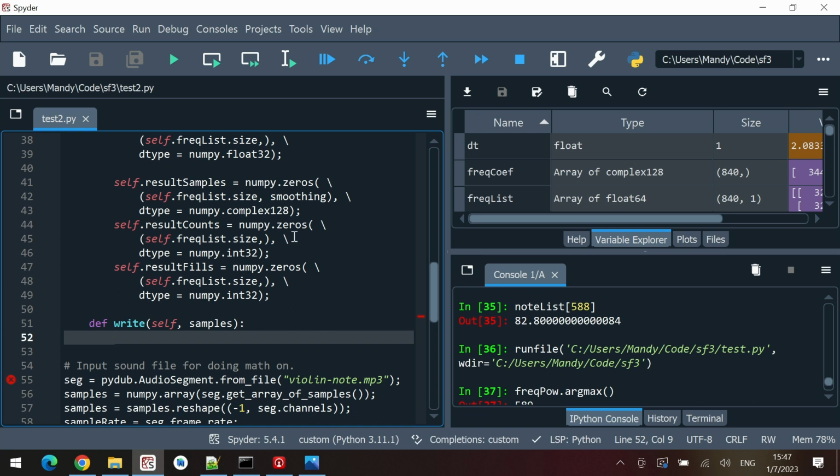be a rolling buffer, so we will fill it from the beginning to the end, but when we come to the end and we have more data to fill, we will start again at the beginning and keep going. It's a circular buffer. The result counts here will count how many samples have been written to each particular frequency bin since the last fill, and the result fills will count how many times this particular frequency bin has been